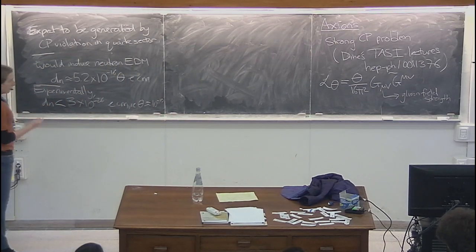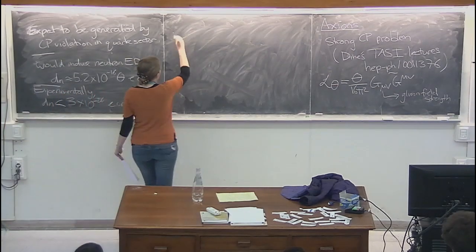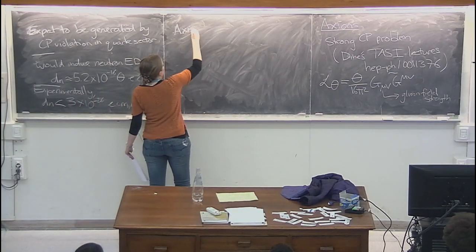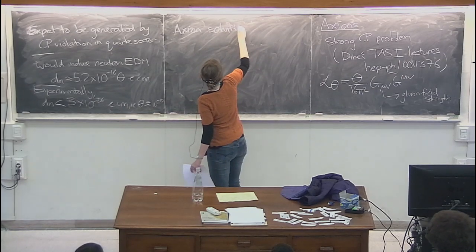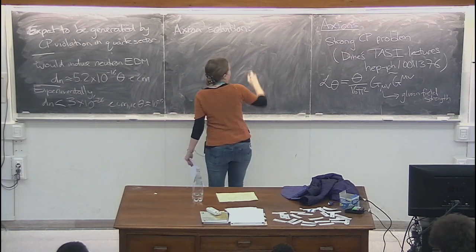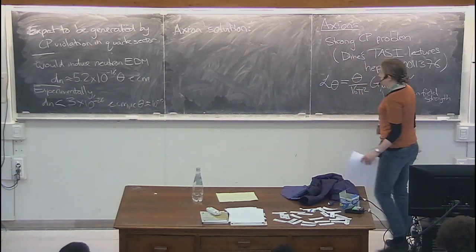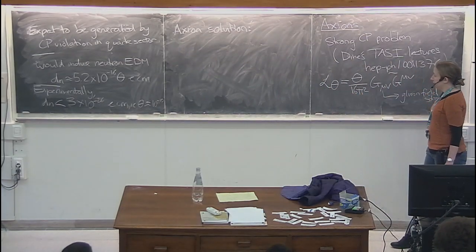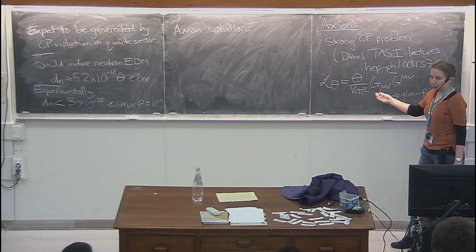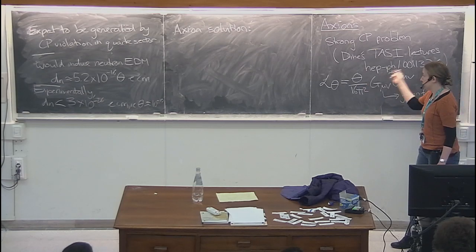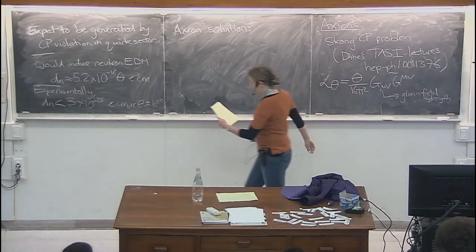The one that we're going to talk about today is the axion solution, which says, in order to get a dynamical reason that this is so small, let's suppose that instead of this being just a fixed numerical parameter, this theta is actually some dynamical field, evolving in some potential, and the minimum of the potential is close to 0, or is at 0. So the field is just going to evolve naturally to a very small value.